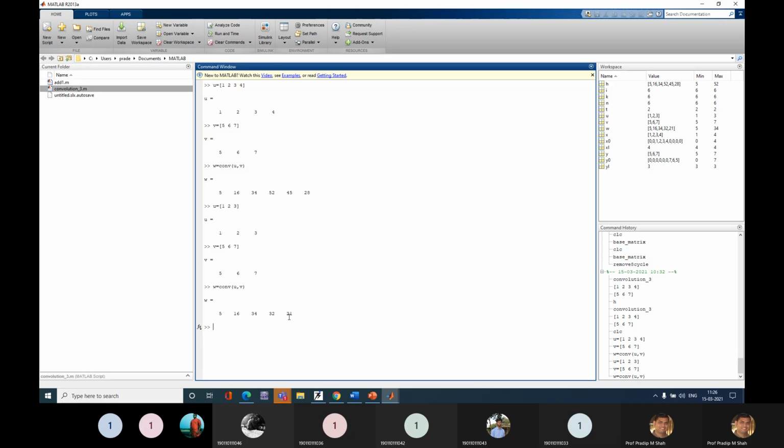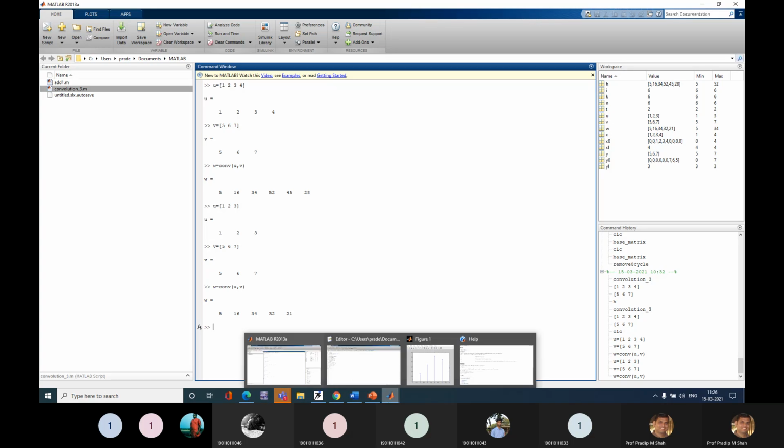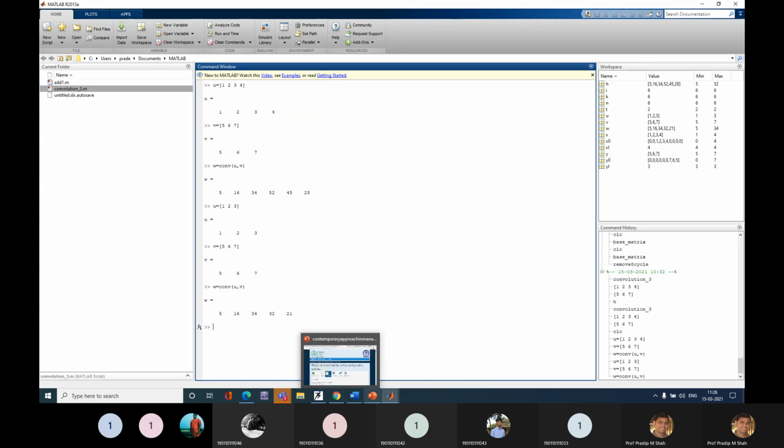Now we did this using the inbuilt convolution command. But suppose you want to write an M-file program for the same thing, then you should implement that function.